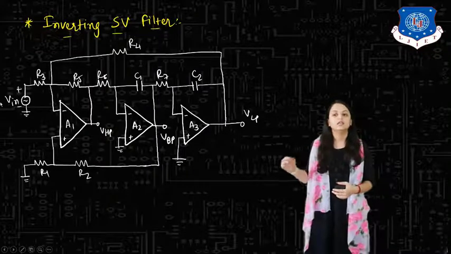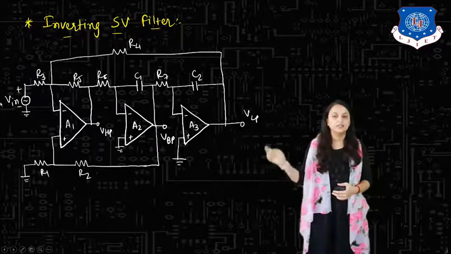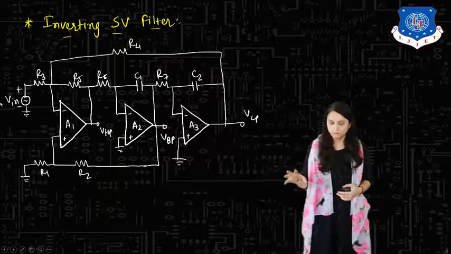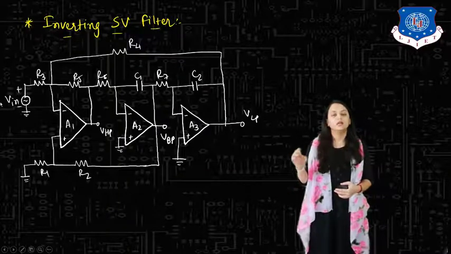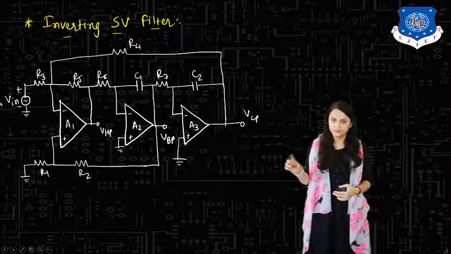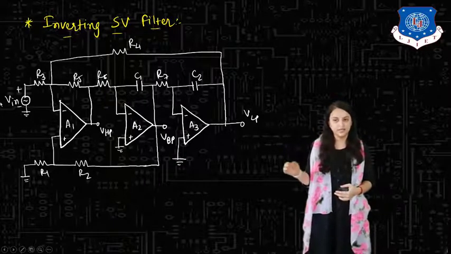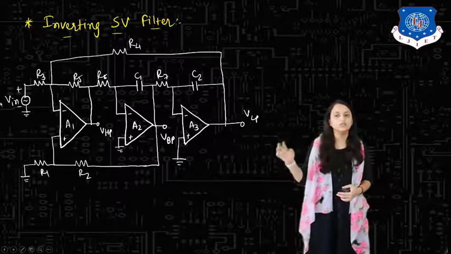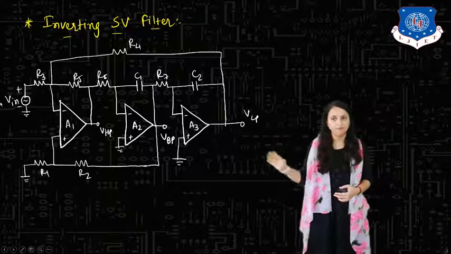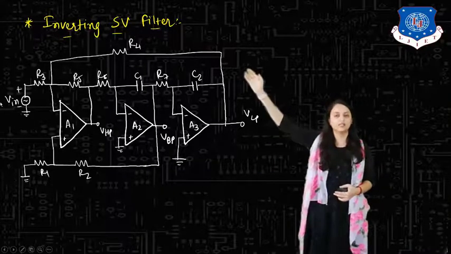Then in the feedback of A1 there is a resistance which is R5. Then R6 is connected, which is to the input of the second op-amp A2. In the feedback of second op-amp A2 there is the component capacitor which is C1. Then resistance R7 is connected. With the feedback of the op-amp A3, C2 is connected, and through all of this op-amp of feedback R4 resistance is connected.